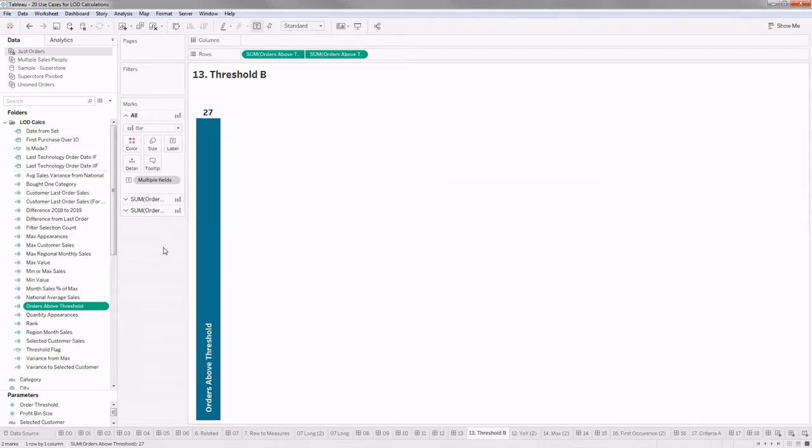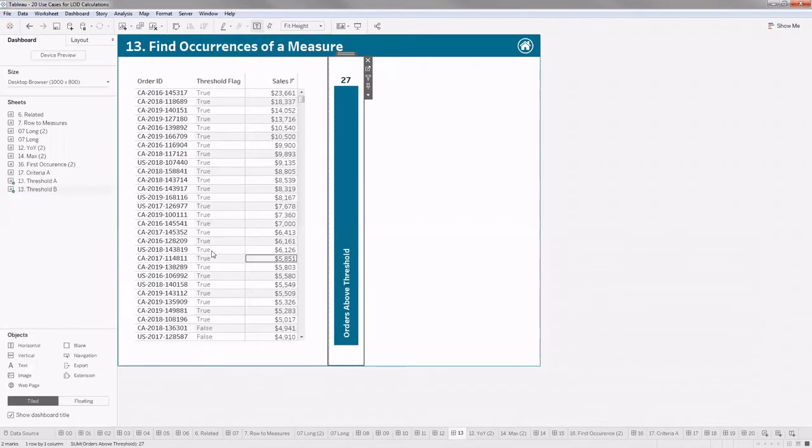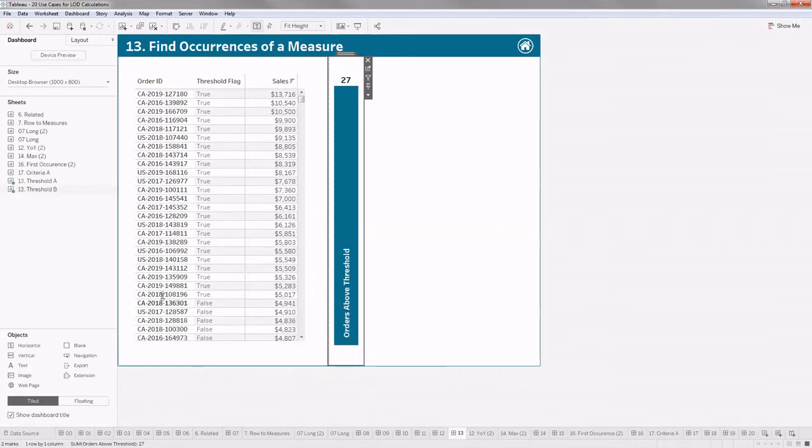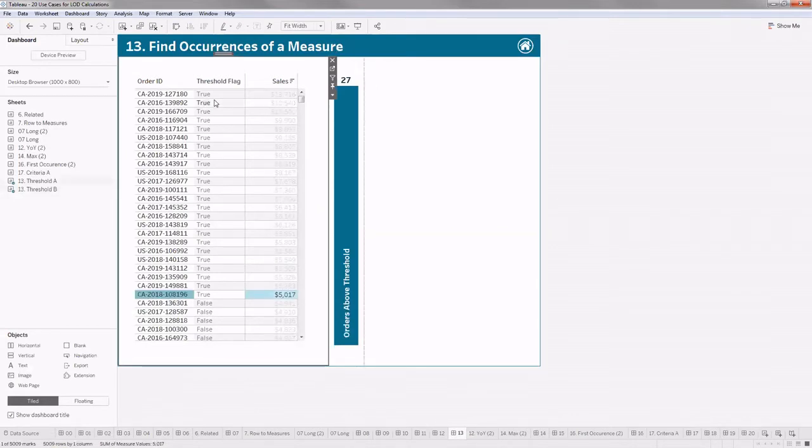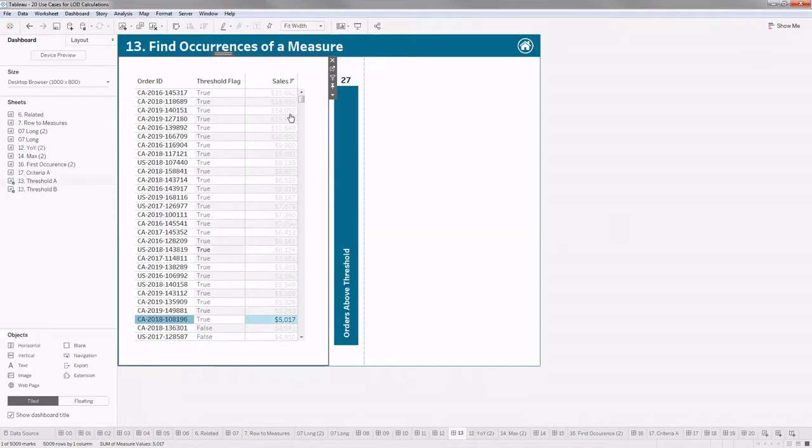That means there are 27 order IDs which are above my order threshold value, which is currently $5,000. So from here and above, everything you can see is true. I'm just counting all of them, and they are 27. It's a very simple use case, but I just wanted to show you.